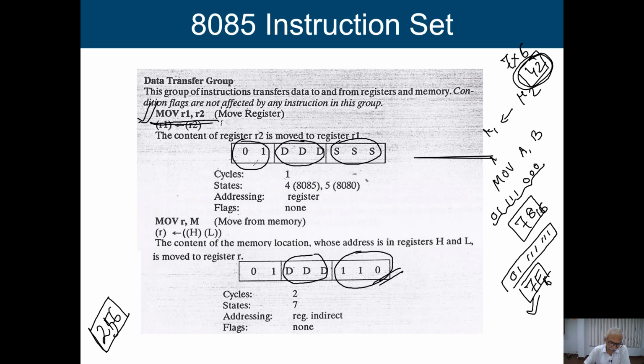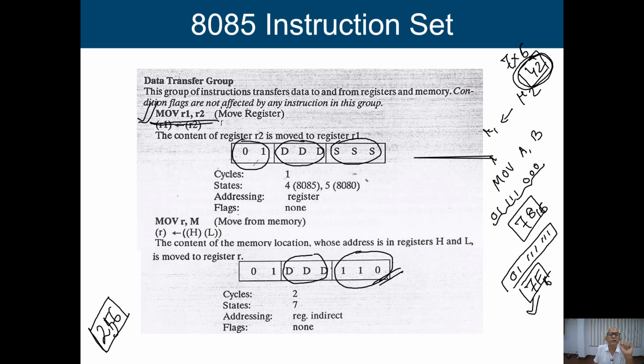So in the first operation, move R1 to R2, for both source and destination it is register direct addressing mode. We are having the addressing mode. So here for both source and destination we are using register direct addressing mode. But in this particular case when I am using move RM, in destination we are using register direct, and in case of source we are using memory direct. We are going to give the address.